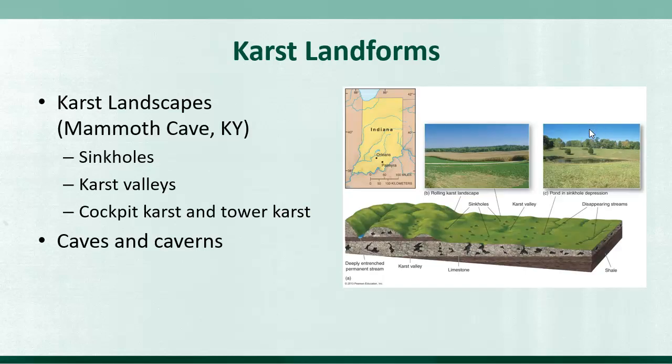And karst landforms include things like sinkholes, where essentially the limestone is eroded away and then the ground collapses above it, or deep little karst valleys like the one shown right here, or in really extreme situations, much larger, deeper valleys, things called cockpit karst and tower karst, which I'll show you a picture of in a little bit. We often associate karst with caves and caverns, and so the map that I want to briefly take a look at right now